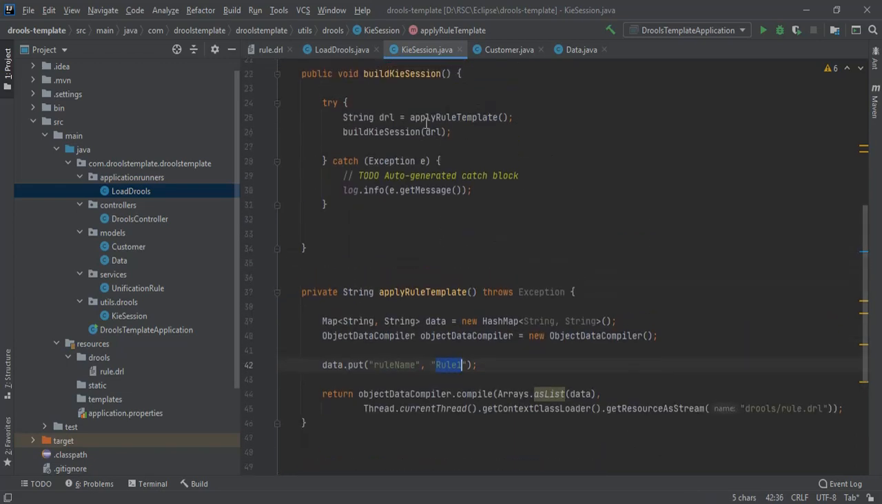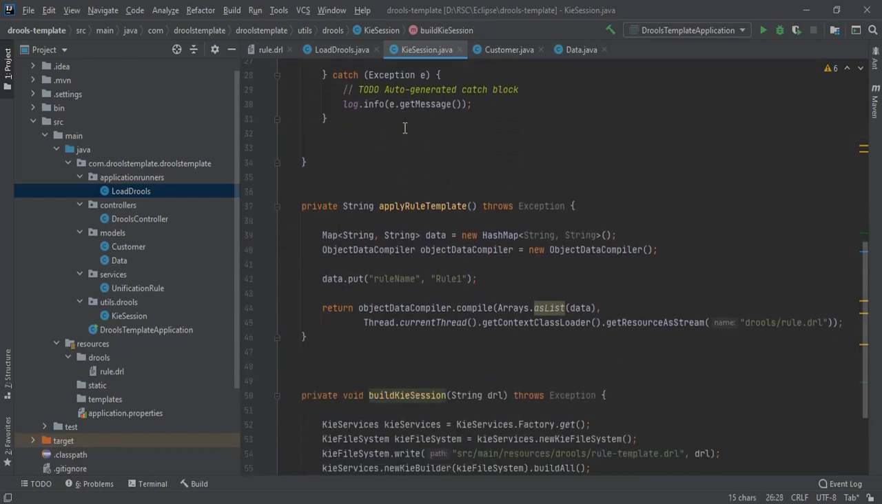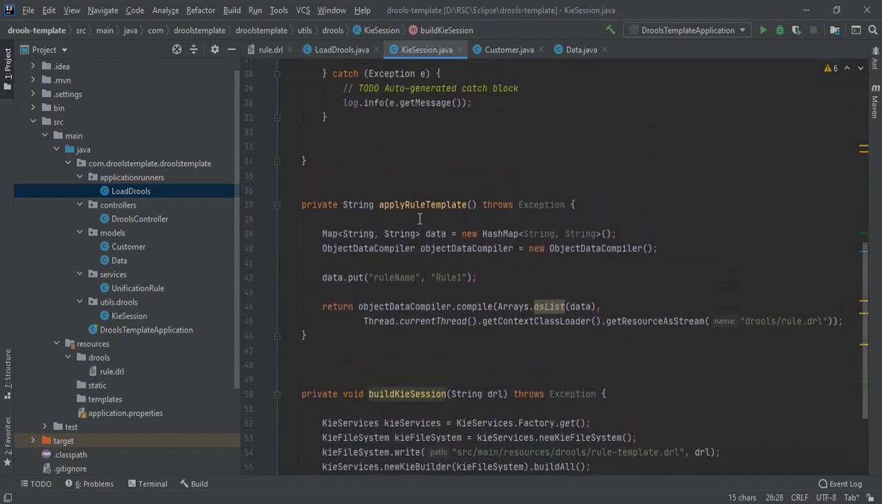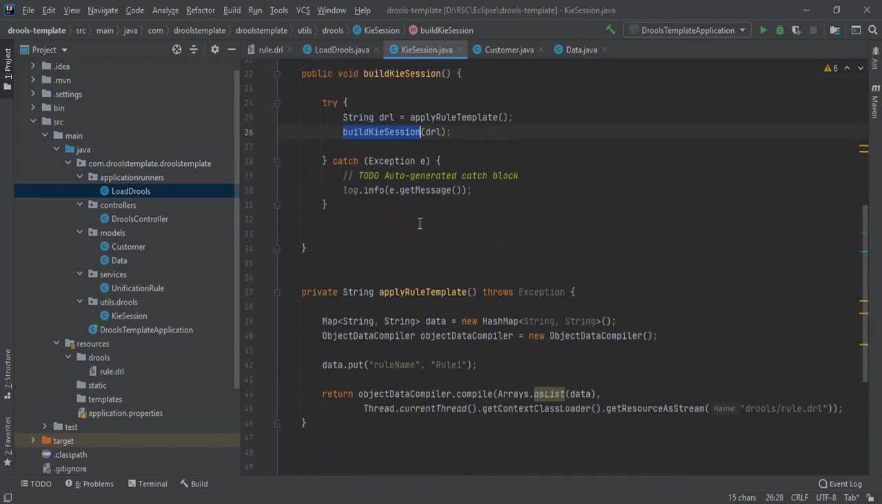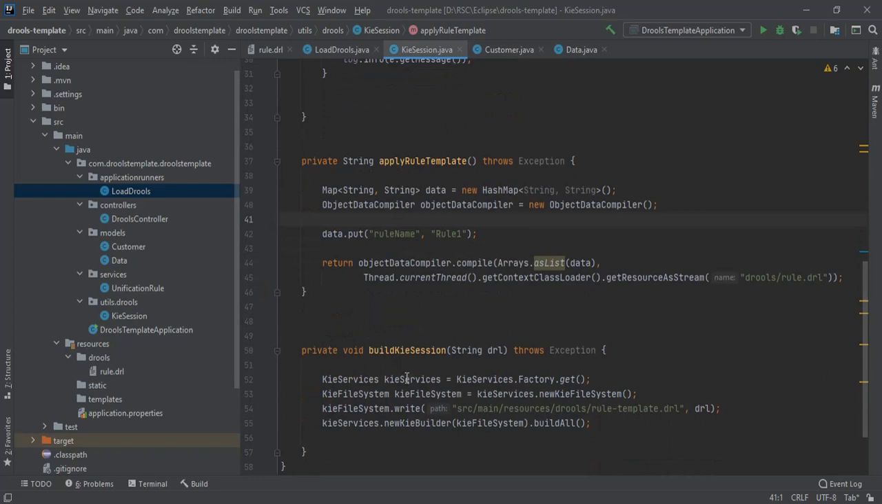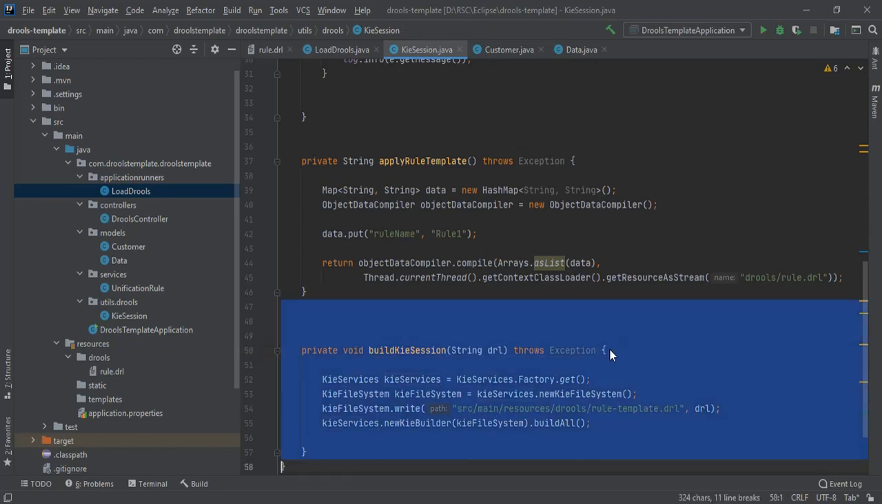So once we have this, we will build the KieSession. In case you have to pull data from the DB, you can pull all the data from the DB and put it from here and build the rules, multiple rules you can do here. So after getting the DRL, we build the KieSession. This method is used to build the KieSession. So once we have the KieSession,